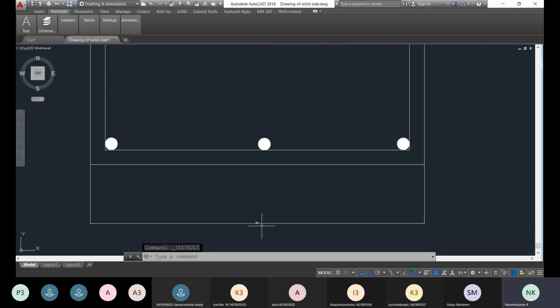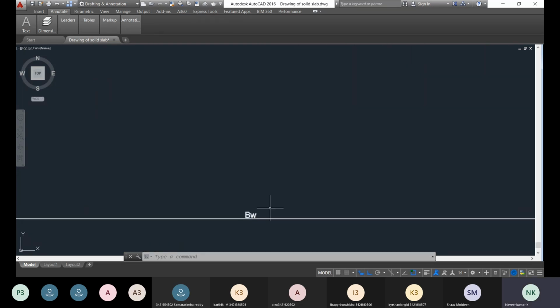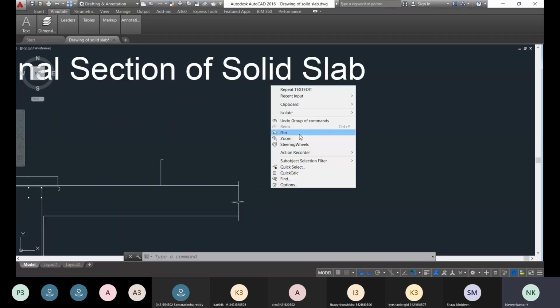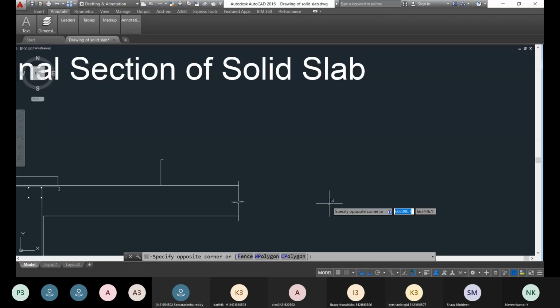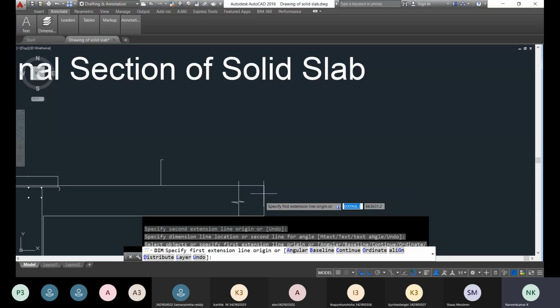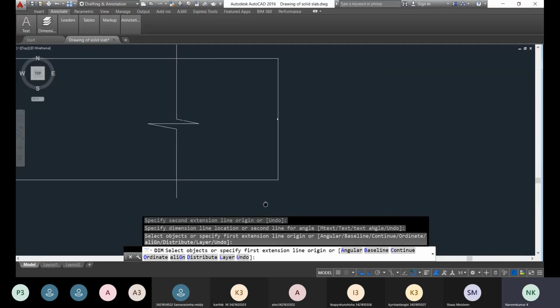Width of web. So this width is nothing but the BW. Okay. While this width is there, no. So this width also we create the dimension. So from this point to this point, dimension we have checked.